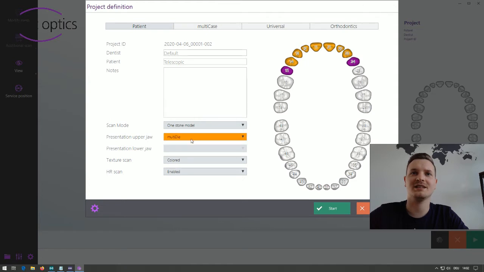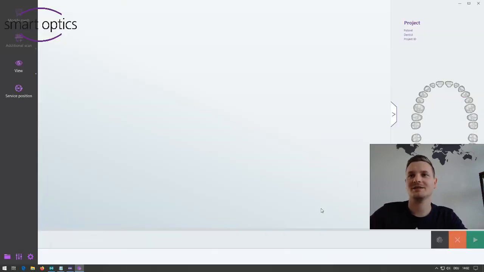Important here is to choose the complete jaw as a presentation for the upper jaw, because we don't have a sort model, we have a master model and we are not able to do any presentation on this model. Okay, then start, upper jaw,